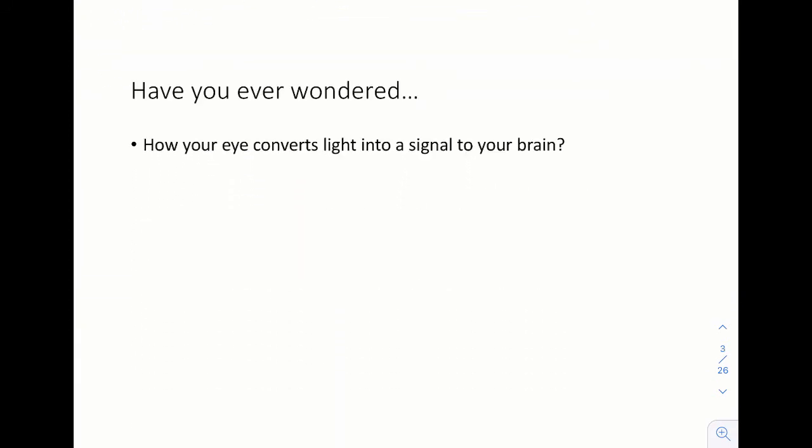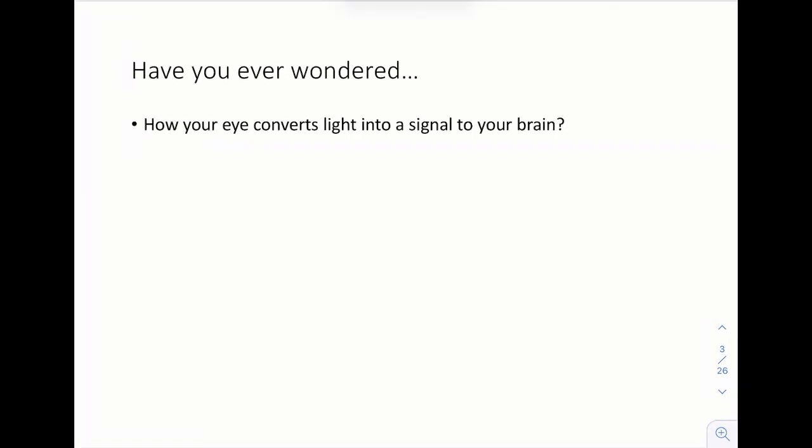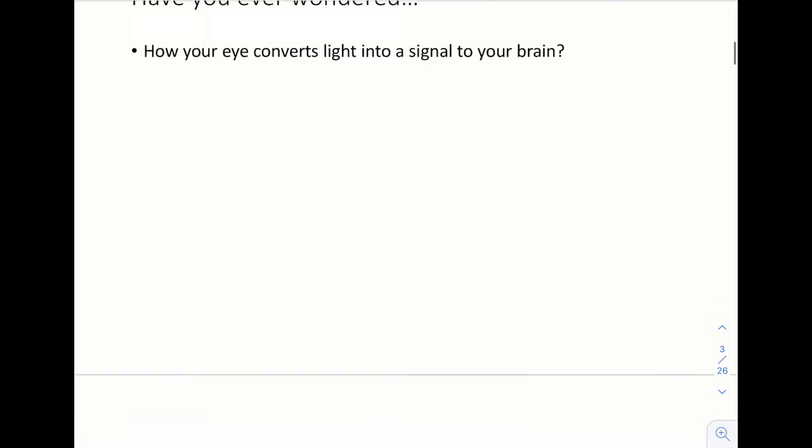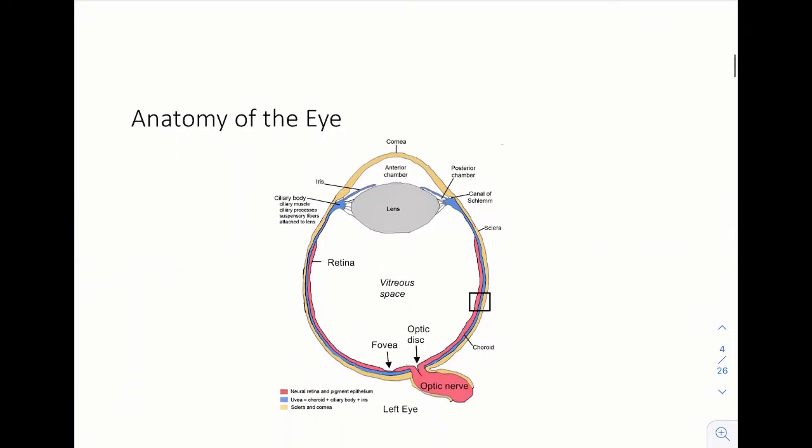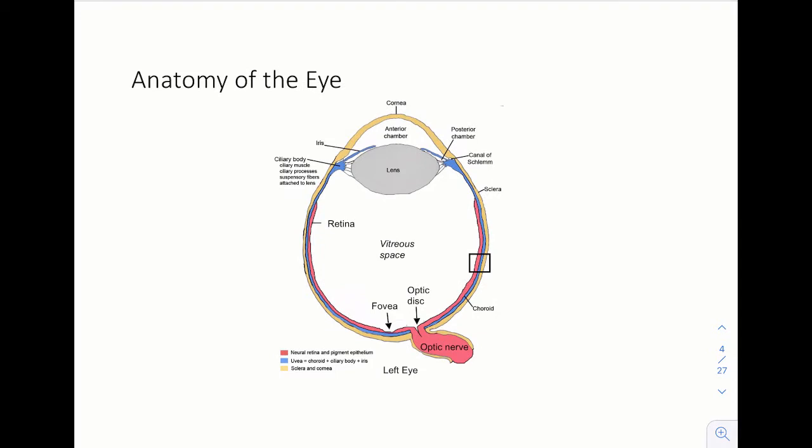Have you ever wondered how your eye converts light into a signal to your brain? And no, I have not lost it. This is a chemistry question. We will set it up with a little bit of biology, a little bit of anatomy, but this is a